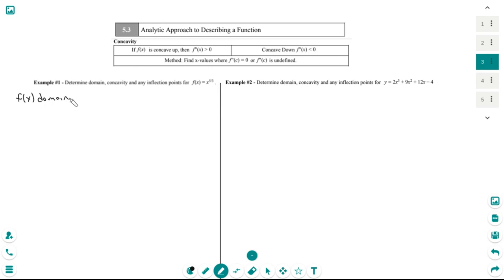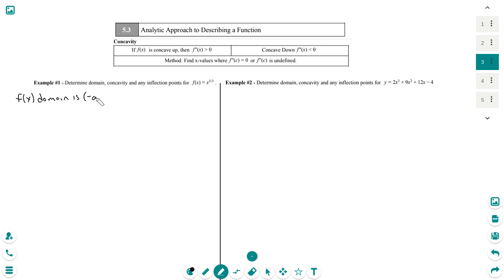Well, it's an odd root, and odd roots are defined for positives, negatives, for all real numbers. The domain is negative infinity to infinity. I'll put that in interval notation. So there's our domain, check. All right, now concavity. To do concavity, I need to figure out the sign of the second derivative around